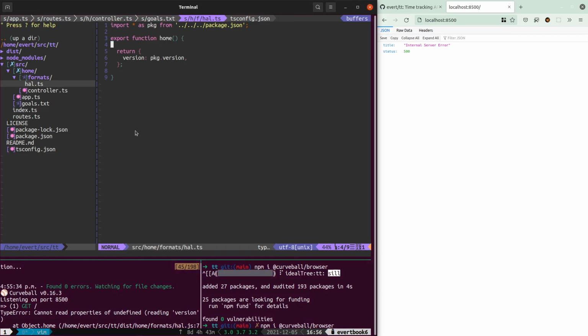Okay, it seems like I need to turn on this other flag called esModuleInterop,